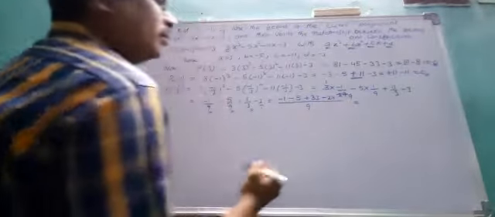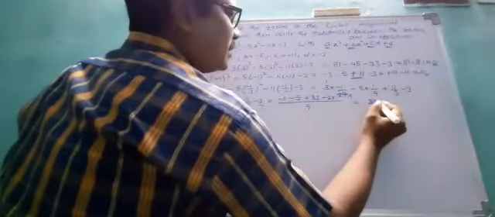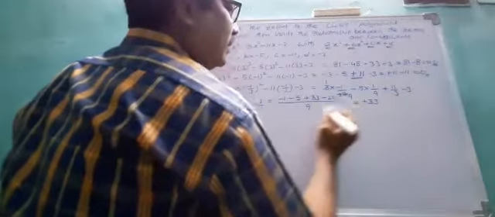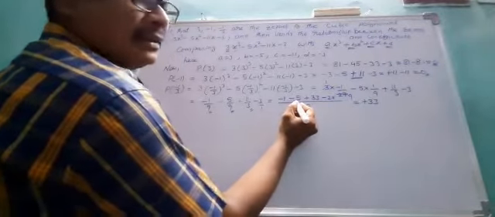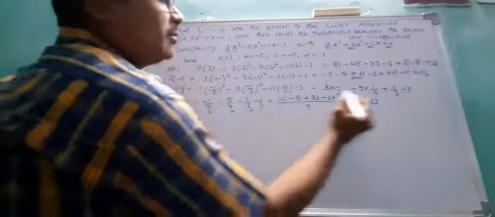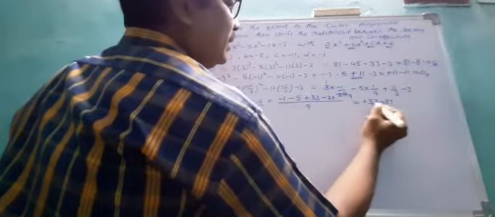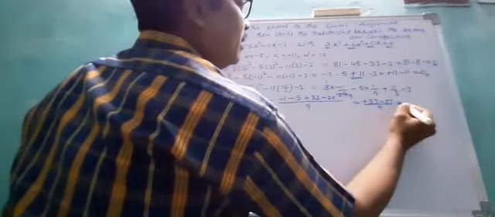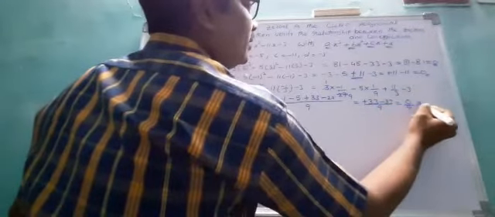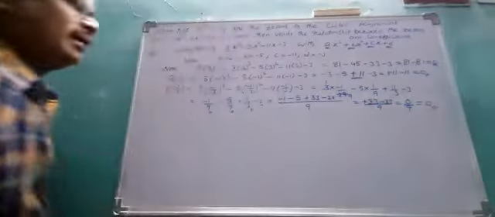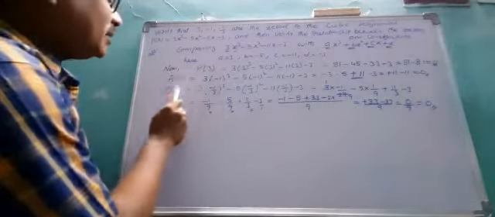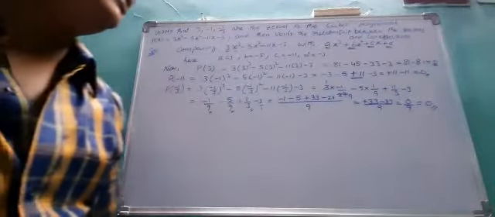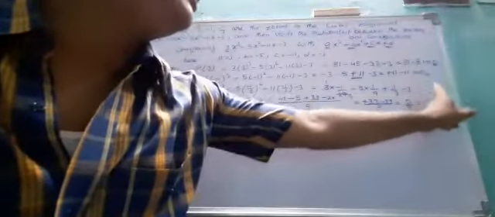So the positives are plus 33, plus 33. Negatives: minus 27, minus 5, that is minus 32, minus 1, minus 33 by 9, that is equal to 0 by 9. We get 0 as the answer. Okay, so after substitution of 3, minus 1 and minus 1 by 3, you get 0 as the answer.